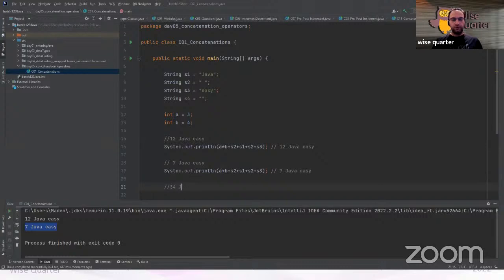34 Java easy. That's where we should use this one. It has nothing, as you can see. This one has space. We cannot say it has nothing because there's space in it. But this one has nothing. It means nothing for the computer. Nothing is not nothing. It is still something. Just remember that if a variable has this kind of value, it has a value. The value has nothing inside of it, but still